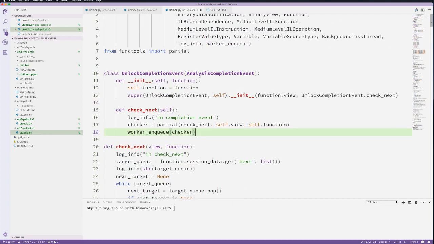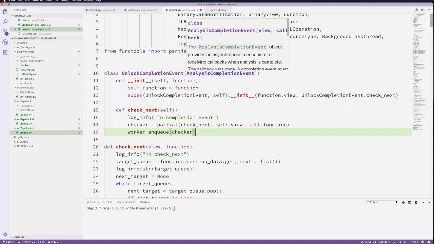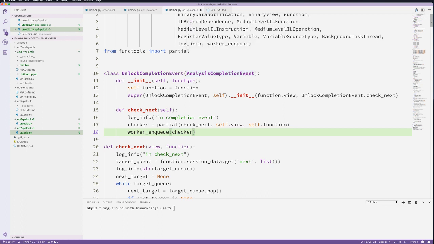Instead of doing binaryview.add_analysis_completion_event, which is the normal way you would add a completion event if it's just a callback function, I actually create a subclass of it. What this does is allow me to pass in more information than would be available normally,